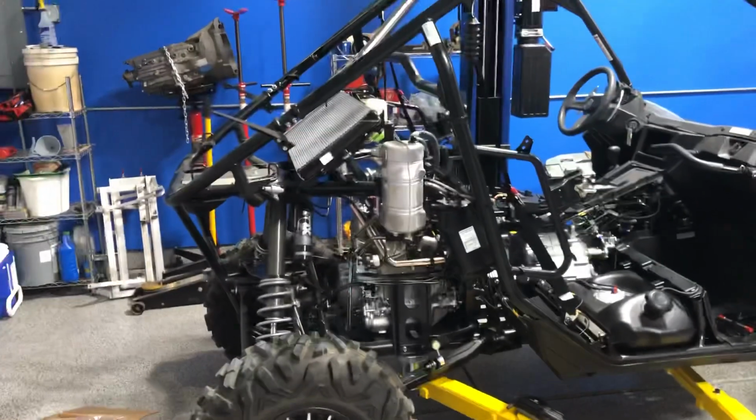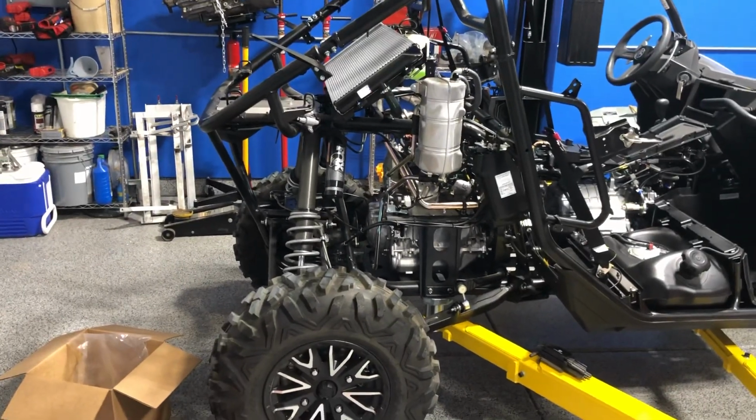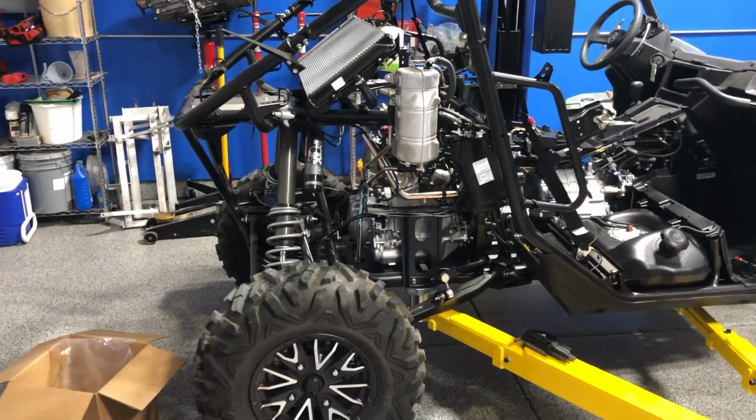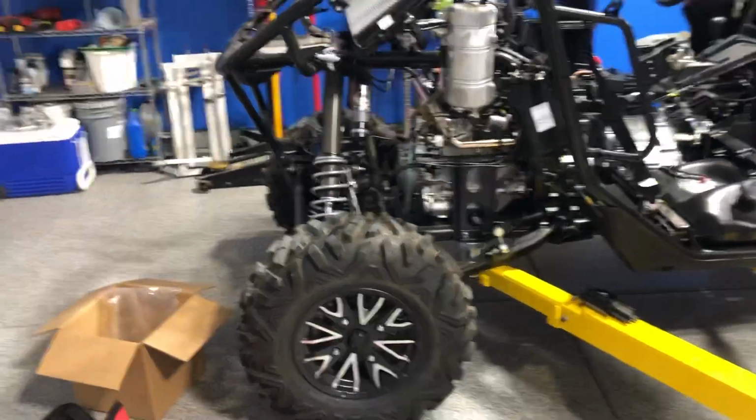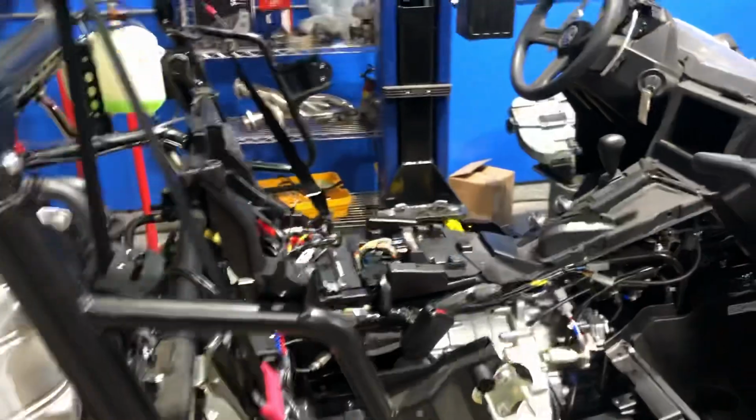96 horsepower is pretty boring. I never intended on keeping it stock. It's been up and down the street one or two times, but other than that, it's never seen dirt. Kind of nice to work on because it's not dirty. So today's project,